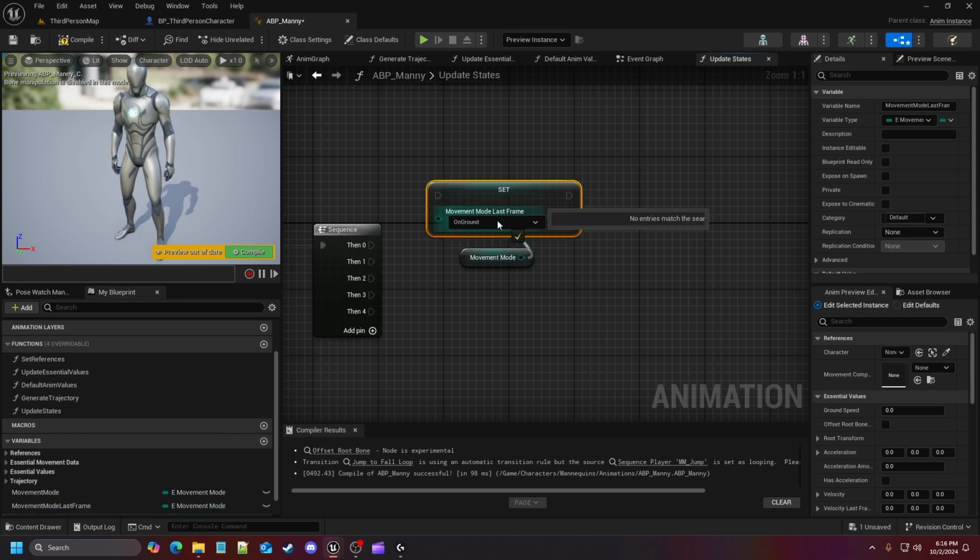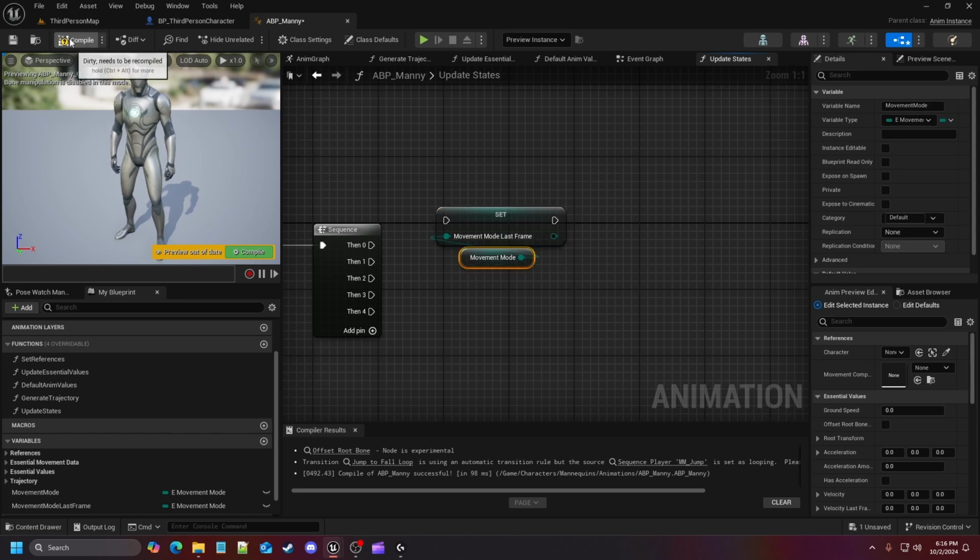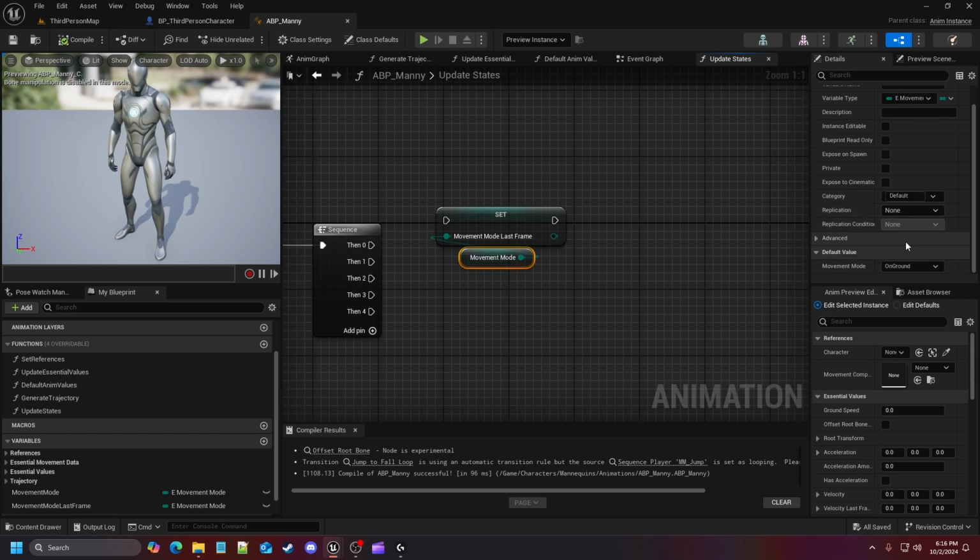So what this is essentially doing is with our movement mode, so let's compile and save and take a look at it. When we look over here into our details panel on the right side, with the first enumeration data that we put in movement mode, you'll see on ground. When you click the drop down, you'll see on ground and in air. On ground is the first data type that we put in the enumeration, and then in air is the